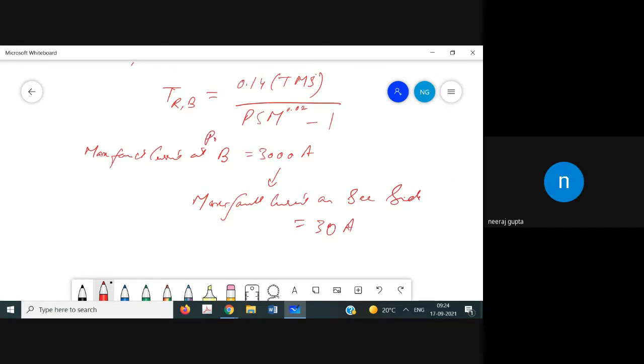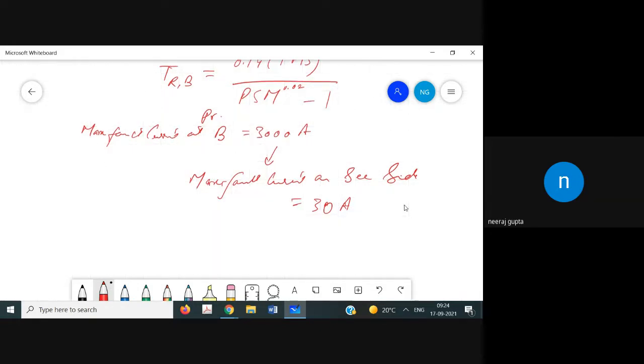So this is on the primary side, and this is on the secondary side because we have chosen the ratio of 100 already in part A. Now, since the plug setting is done at 100 ampere, the plug setting multiplier in this case is I relay, the current across the relay, divided by the plug setting. So the current across the relay is 30 ampere divided by plug setting 1, which equals 30. So the plug setting multiplier in that case is 30.